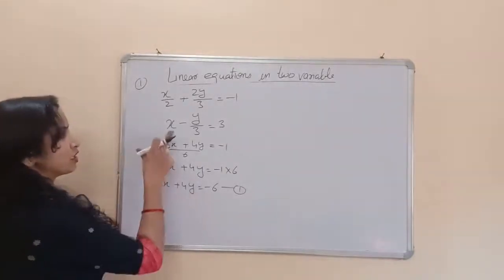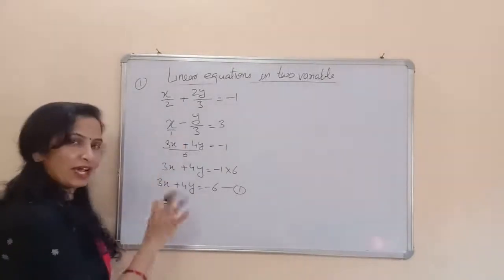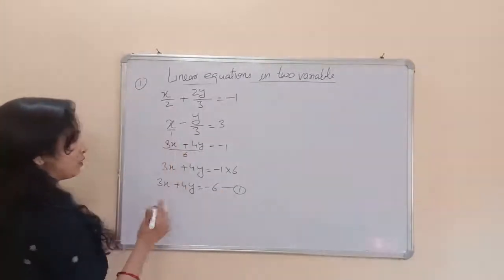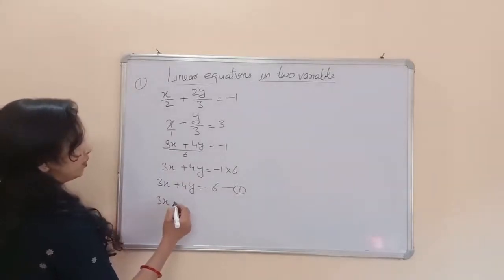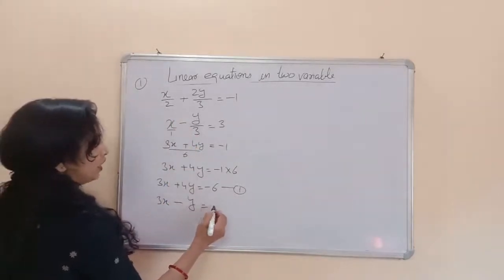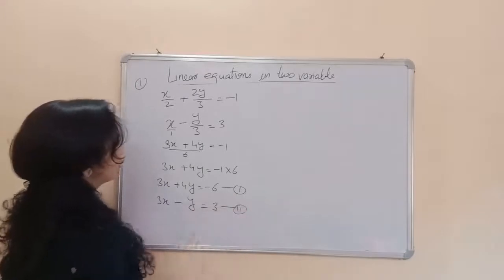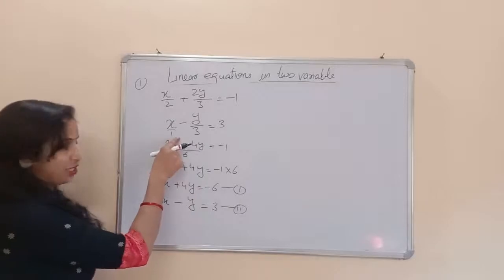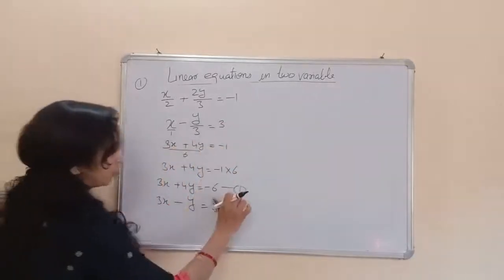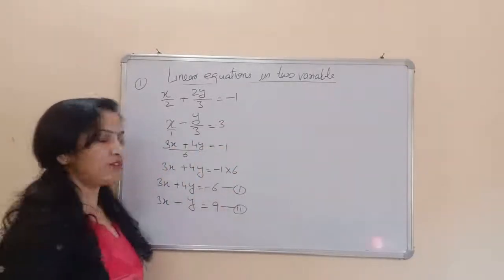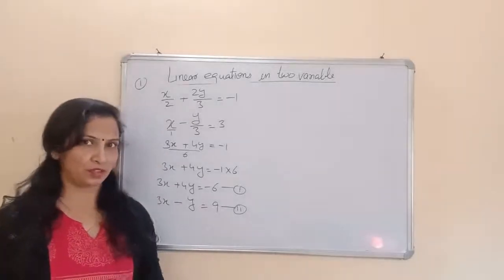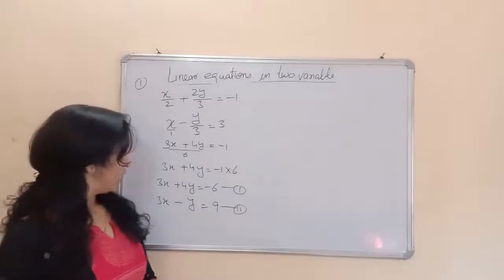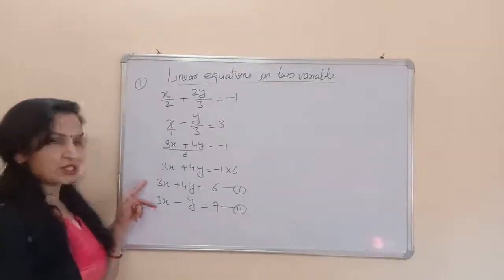This is the first equation and this one is the second. Again you can simplify it by removing its denominator. Taking the LCM of these terms, it will be 3x minus y upon 3 is equal to 3. Since it has a denominator 3, after the LCM, 3 multiplied with the 3 will become 9. So first you can remove the denominator, or we can say we can simplify the fractions. After this, now we have two equations.